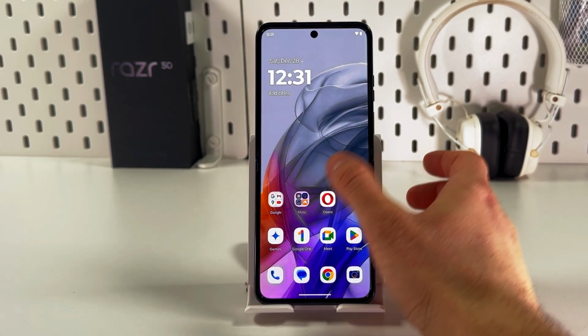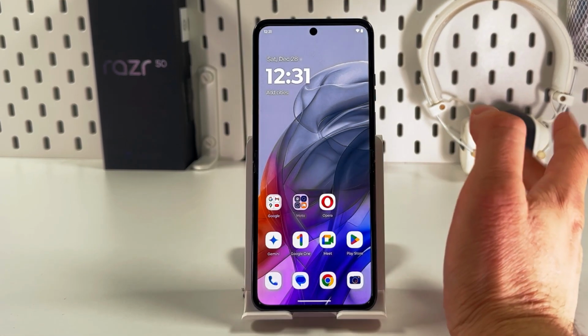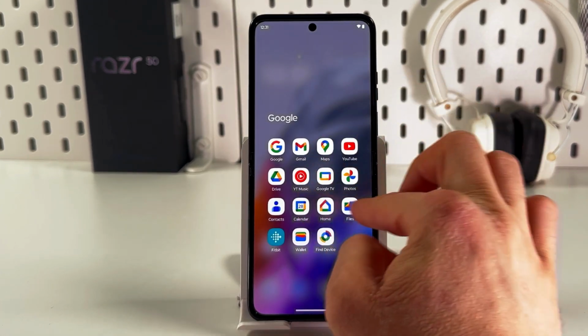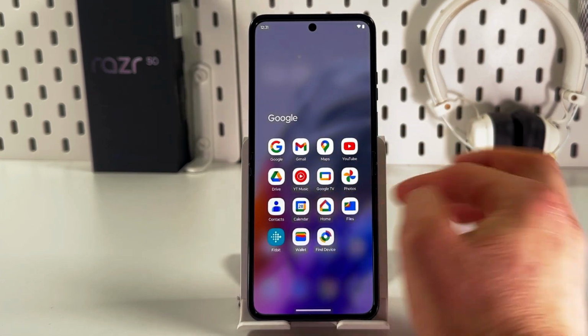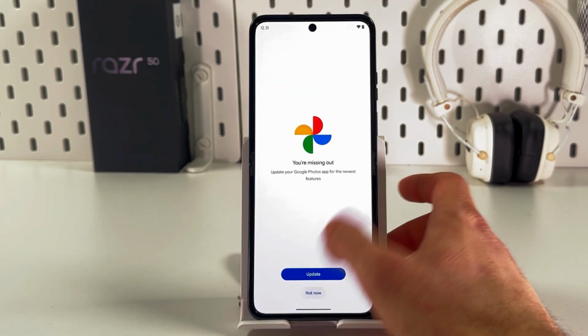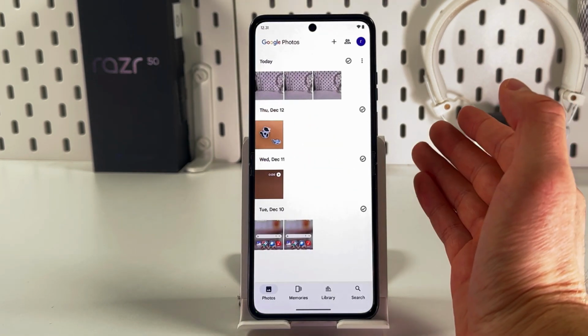If you want to delete all photos from your Motorola Razr 50, first of all, you need to locate the gallery on your device. On this device, it's presented by Google Photos, so open up your Google folder, or it can be scattered anywhere across your home screen. So find your Photos application, open it up, and now we can see the list of